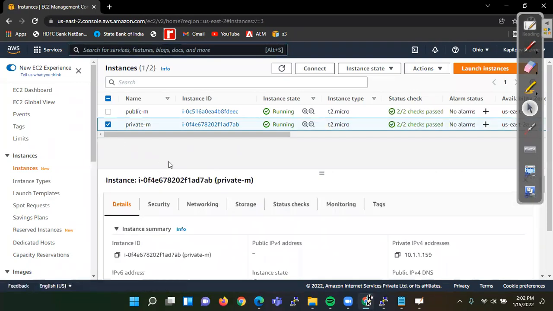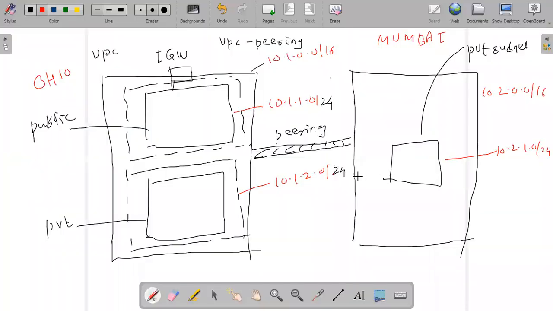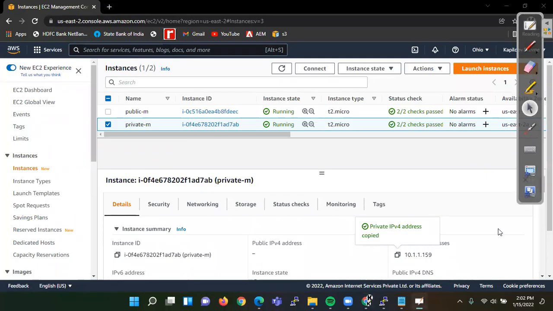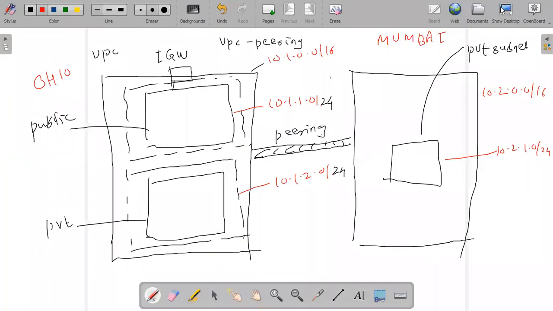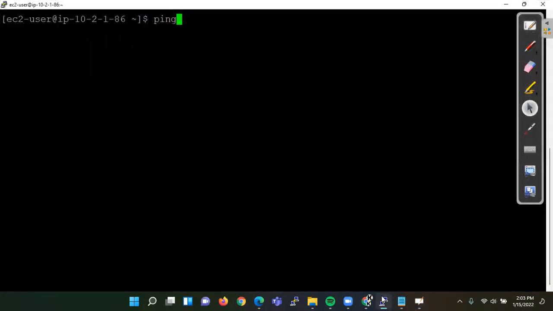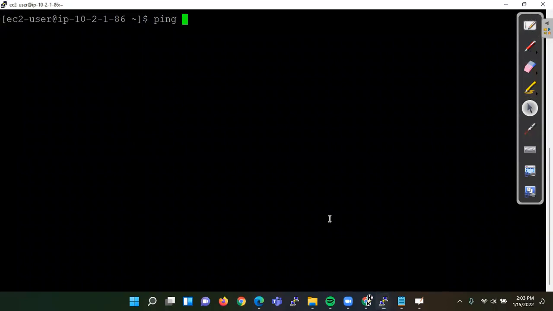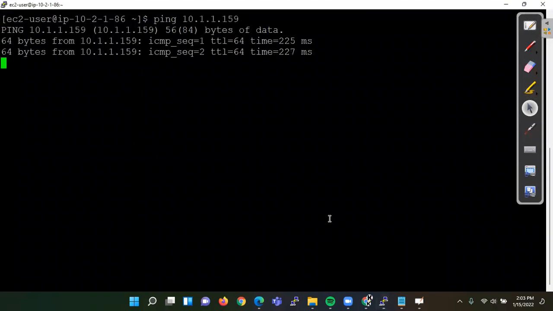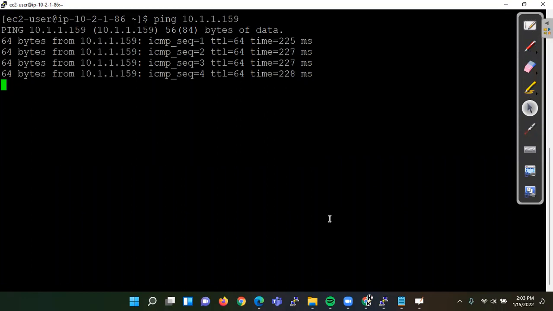Now see, this is private. So this is the IP address. Pinging is possible.